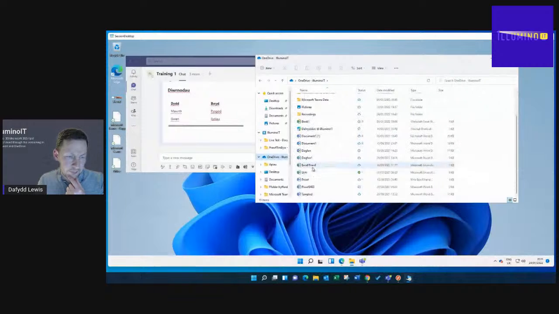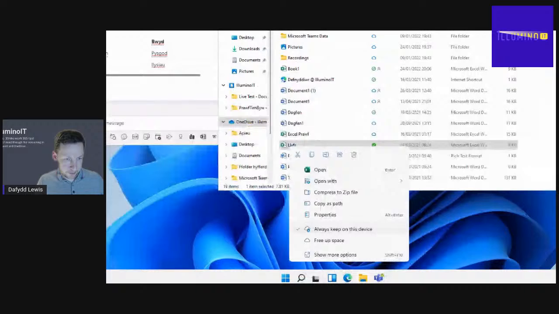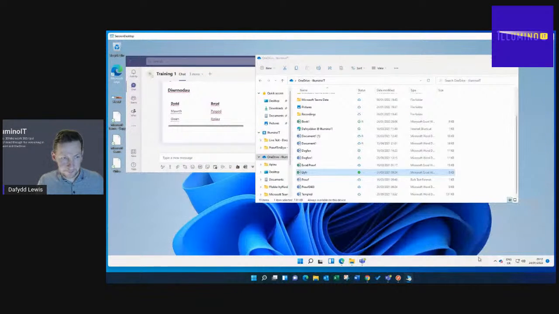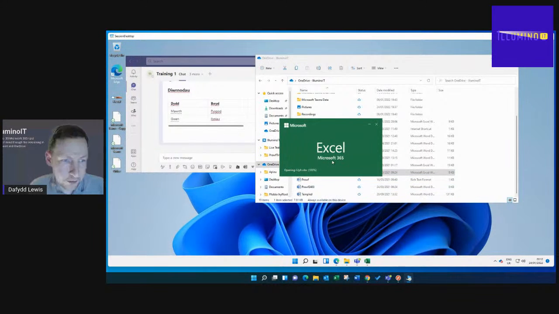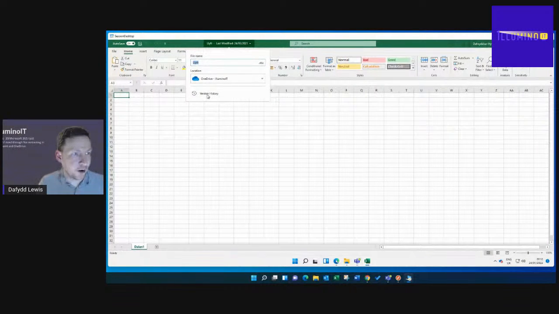So these should give me a OneDrive option. However, I can't see it. So we have the always keep on this device, and we always have the free up space there. Interesting. Okay. Not 100% sure why that's not giving me a OneDrive option,